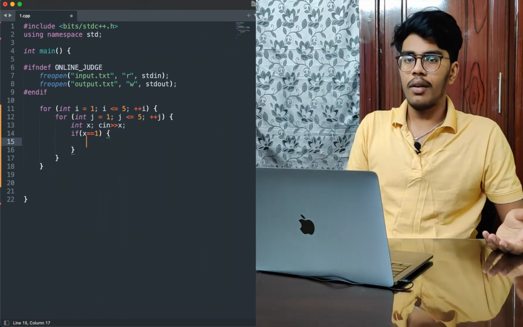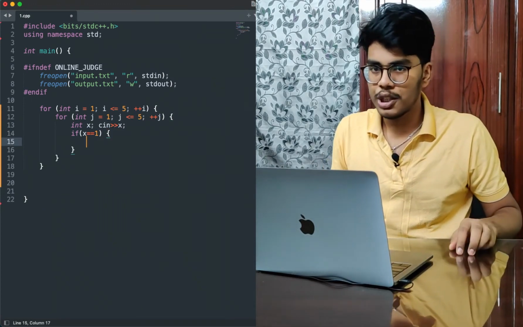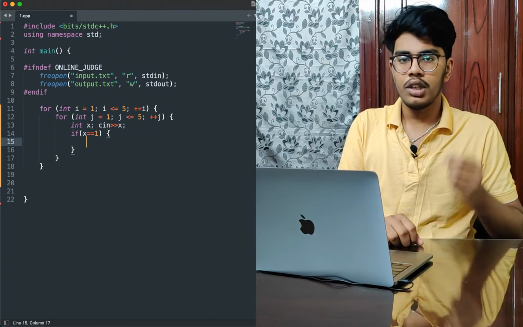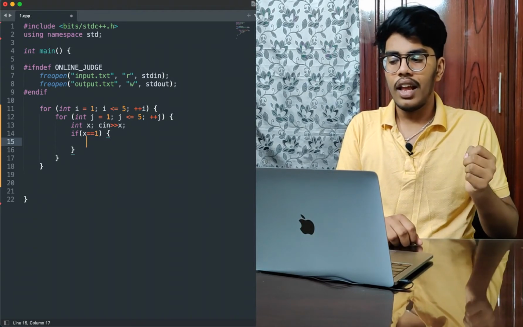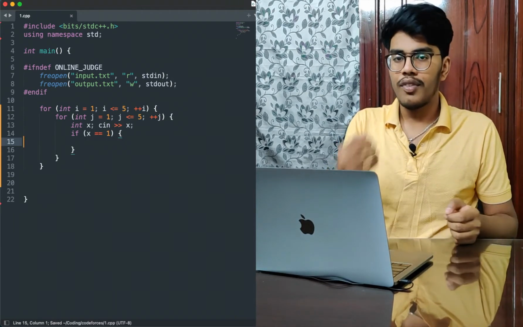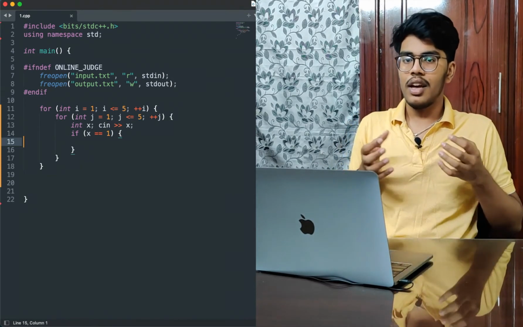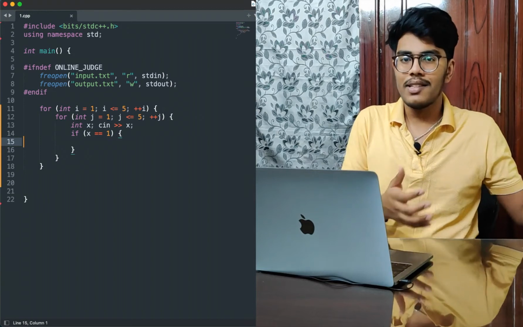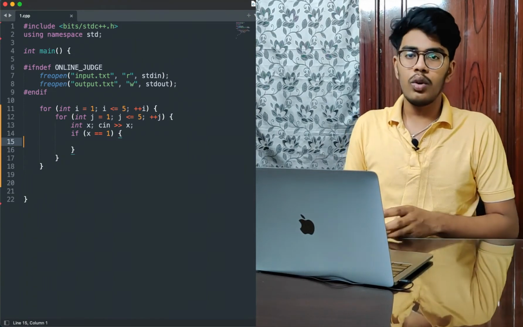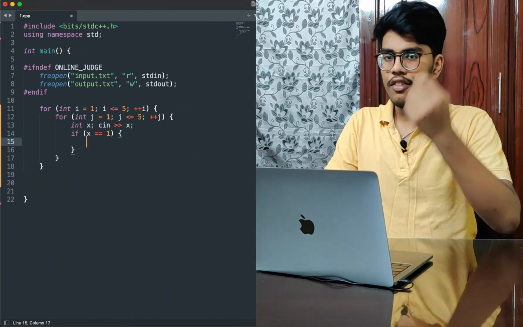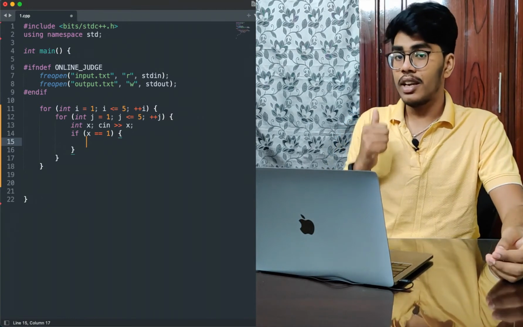I don't care what the zeros' positions are. I need only the position of the 1, to find its i and j, to find the minimum number of steps, that is, absolute of 3 minus i plus absolute of 3 minus j. So I don't need to know the position of zeros. I just check if x, the inputted number, is equal to 1.